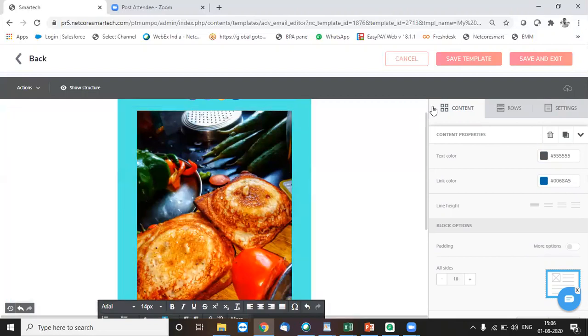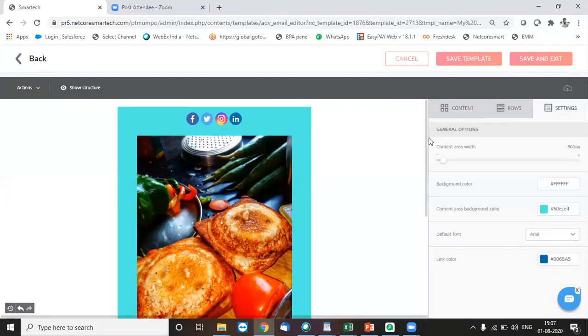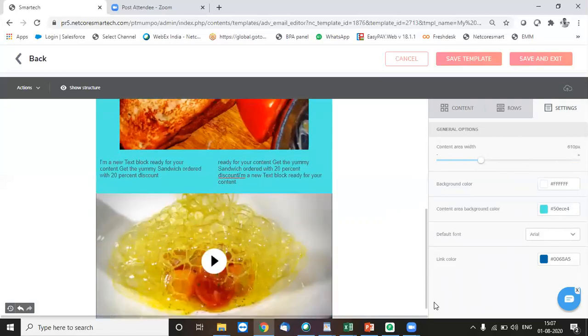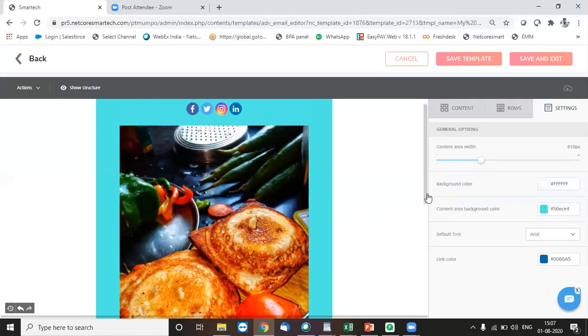And if for the complete template you want to change the content area, let's say you want to increase that to 600, which is the ideal size actually.